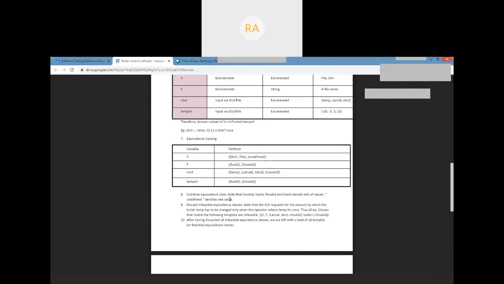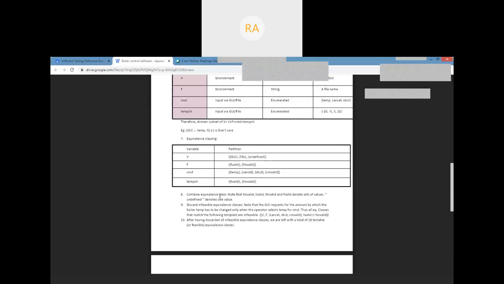Okay, so if I'm not in a position to generate a certain input combination of the values when I go for equivalence classes, then such equivalence classes are not useful for me. Such equivalence classes I have to discard, I have to eliminate. Such combinations I have to eliminate from the equivalence classes generated in the previous step.